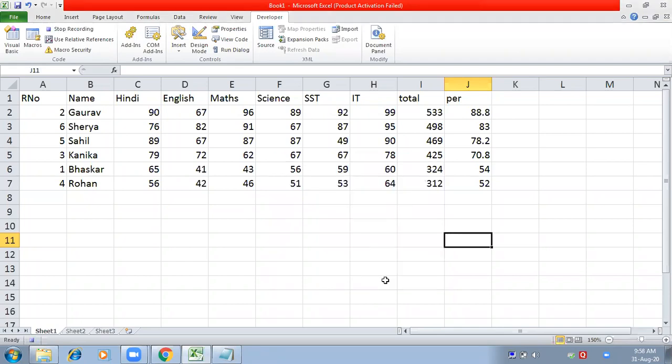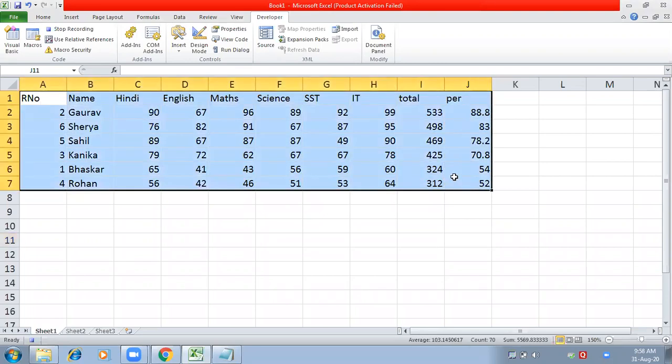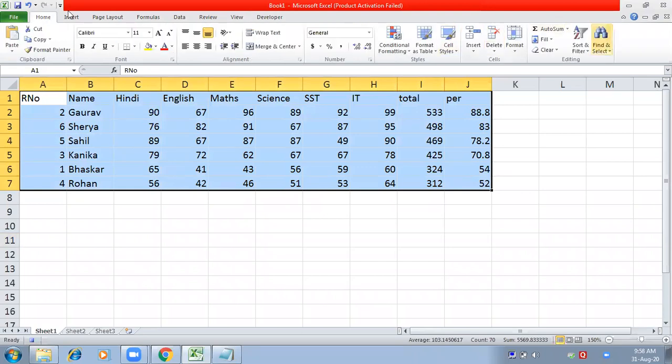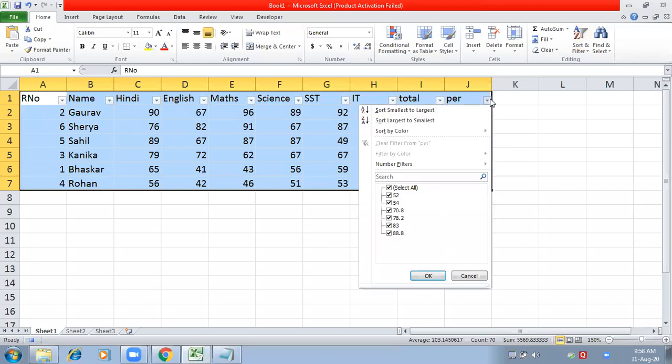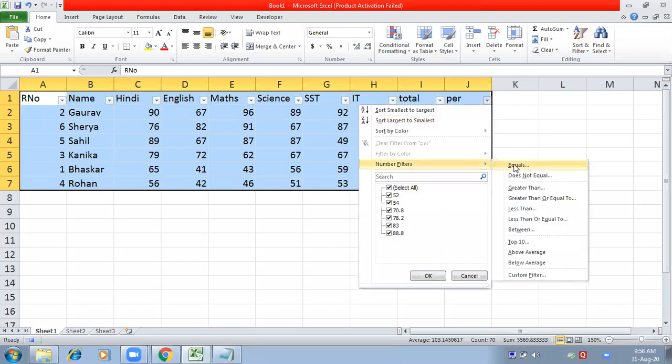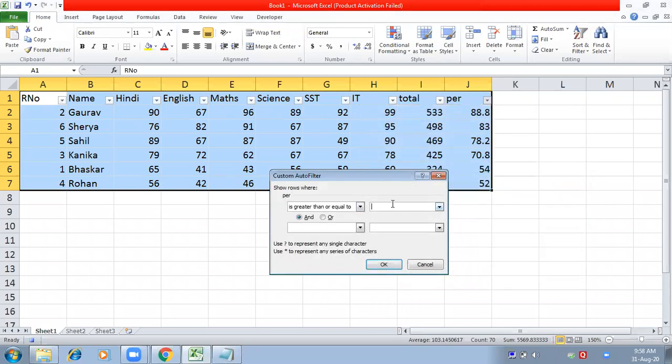Okay, and now the recorder is on, so I can do the filtering. So this is my data. I am going to select it, go to the home tab, go to sort and filter, and filter. I want to apply the filter according to the percentage, and I wanted to see the names of the students only those who have secured marks more than 85.